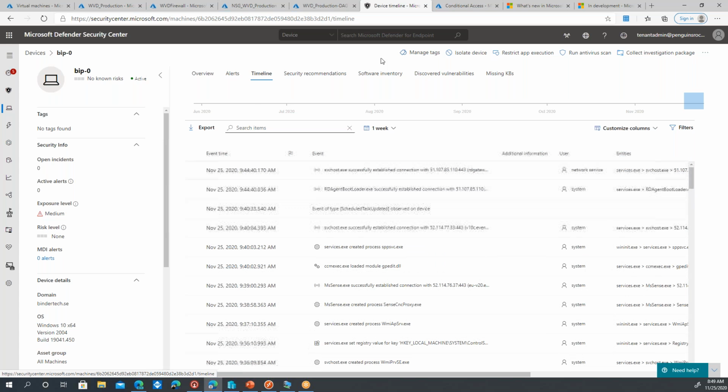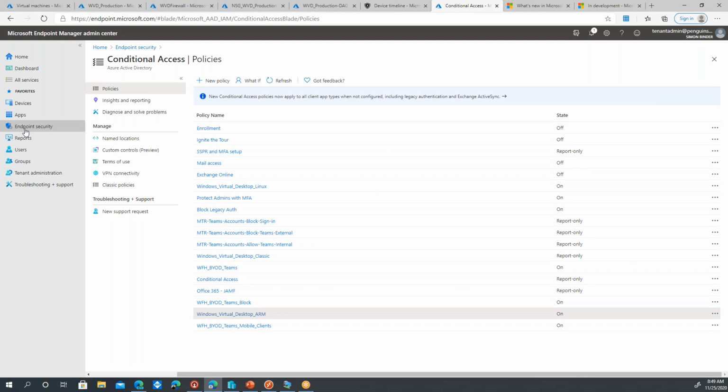Speaking about Configuration Manager, which is something I really still like and see a huge value in, the collaboration between the WVD team and the Microsoft Endpoint Manager team is something I've been a part of for years now. It's really cool to see how they had a rough start understanding each other's worlds, I can tell you, but now they really see the benefit of it. I think that will be even more obvious when it comes to things like MSIX app attach later on. But moving back to conditional access,